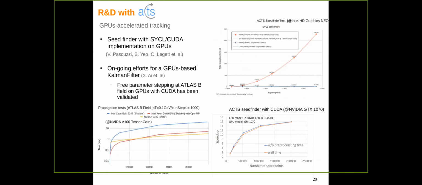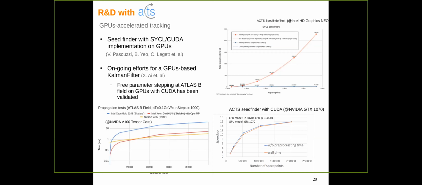And for the GPU, there are actually quite some efforts going on in the past few months to explore the accelerated tracking with the GPU. So currently there are two offloadings being explored. The first is the seed finder, with both the SYCL here and the CUDA here. So as you see, with the kernel executing the search of the top and the bottom doublets for the middle space point, we can see some very good speed up over the seed finding execution on